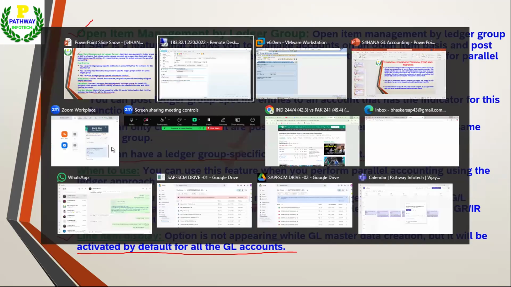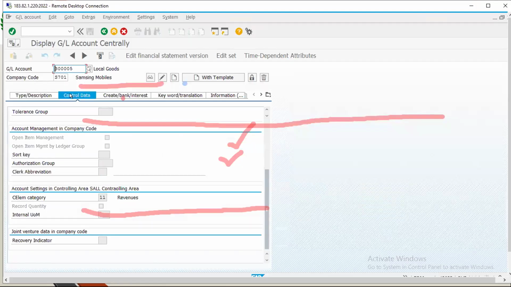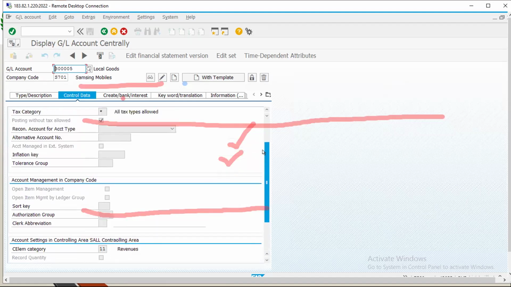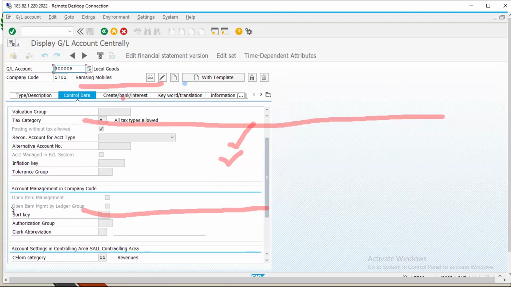You can see here, whenever you are creating any GL account, open item management by ledger group. When are we going to use this option, because open item management is already there, applicable for balance sheet? But in addition to that, what is the use of open item management by ledger group?